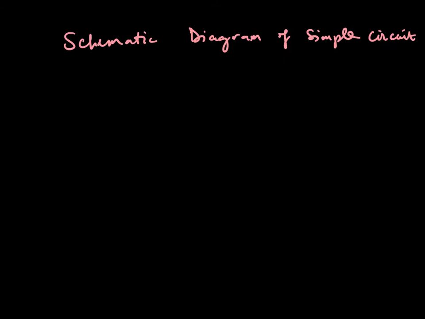So for instance, a resistor is commonly denoted by this symbol. A battery is denoted by this symbol, and in this notation this will be the positive terminal and this will be the negative terminal of the battery. A wire is denoted by a straight line,